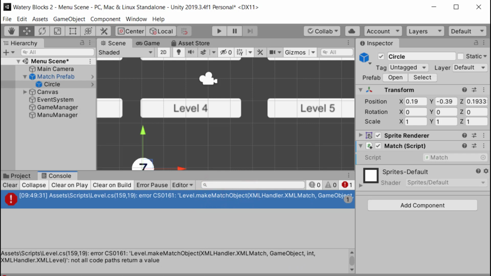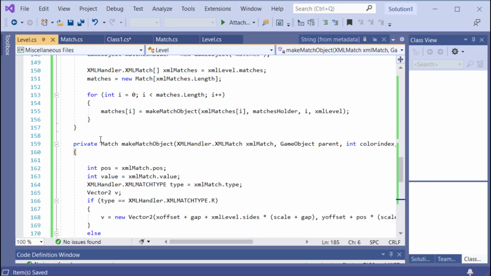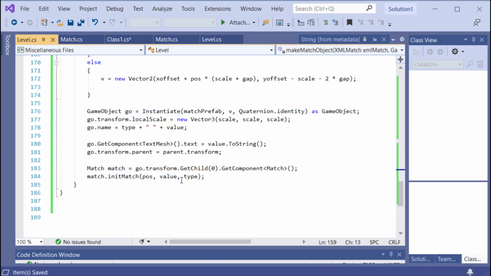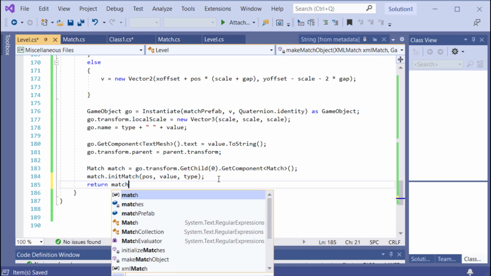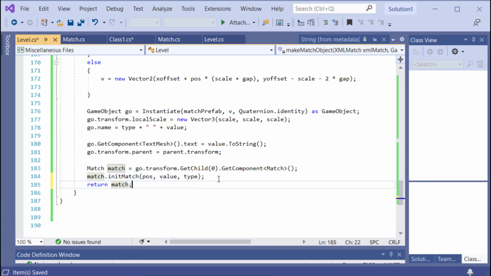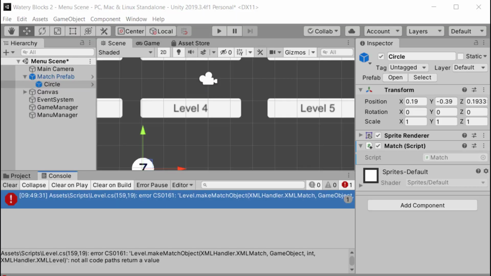There was a return function. So I made the match, but I never returned it. See, so it was a return function, and you have to return the match. Okay. But like I said, the last thing is we never, in the level,